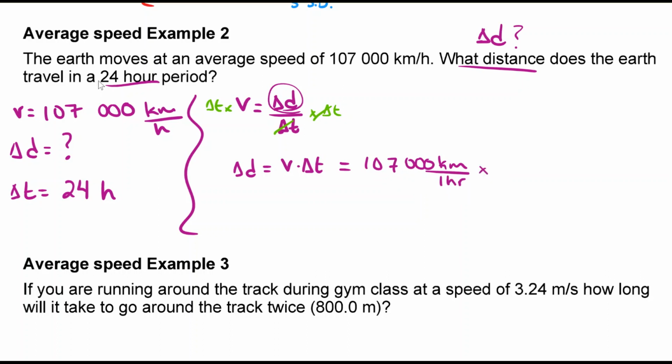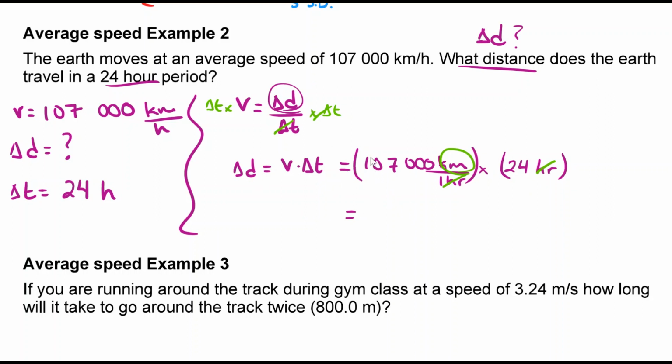So if it says how far do we travel in a 24-hour period, so times 24 hours. When I do this, hours and hours cancel out, and I'm left with kilometers, which is good because we're looking for distance. So when I do this on my calculator,